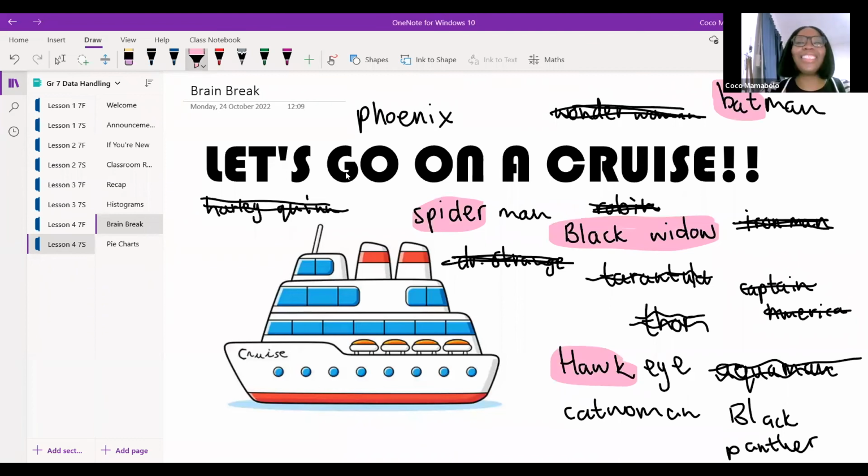Guys, I like this one. Black Panther, Catwoman, I love this one. Phoenix is a bird. Guys, I thought somebody would catch on. I was hoping somebody would say Ant-Man. I said Ant-Man, but only because I was guessing. No, it was not the same letter, guys. Okay, I may have made this one a little hard.